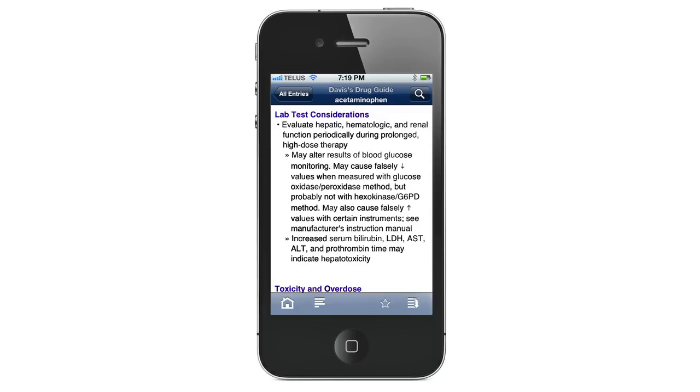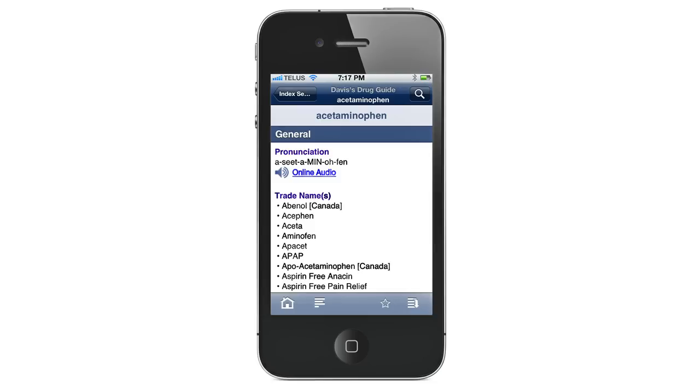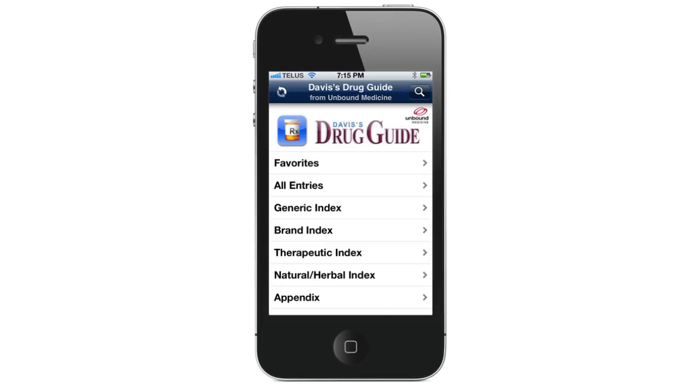Another great feature of this app is the ability to favorite different drugs. For example, if I was coming on shift and had to administer a new drug that I was unfamiliar with, I could look it up and then add it to my favorites so I could quickly access it in the future. Adding a drug to your favorites is as simple as touching the star button found in the lower right-hand corner of the screen. To unfavorite a drug, you can simply touch the star a second time. Once a drug has been favorited, it can quickly be accessed from the main menu's Favorites section, along with all